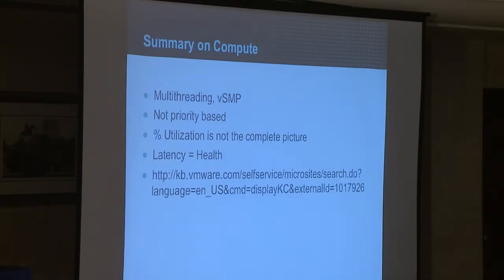So, a kind of summary on compute and where I see issues occurring. I think that we go into VDI thinking that we are going to do single virtual CPU VMs. The reality that I see more and more often, and I think it's something that you need to determine up front, is that people are using multiple virtual CPU virtual machines to take advantage of multi-threading, not just for multimedia applications, but also for productivity applications that are in your environment.